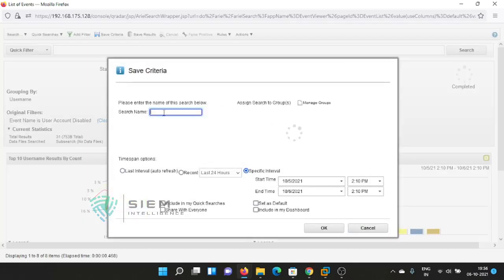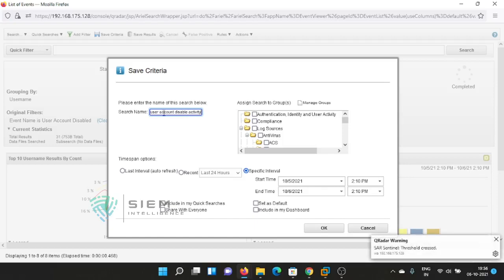So I am doing something like user account disable activity. I want to check the last 24 hours, every day I want to check the last 24 hours of activity, and I can save it in any of the save criteria groups. There are so many groups, and you can add it anywhere.